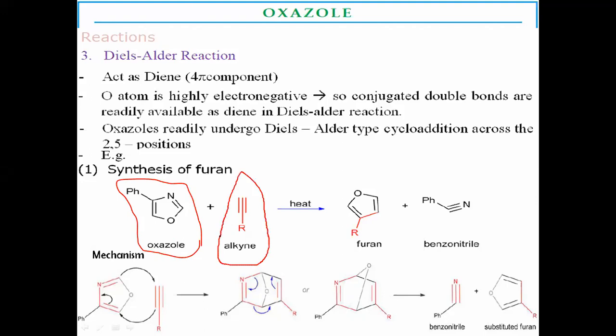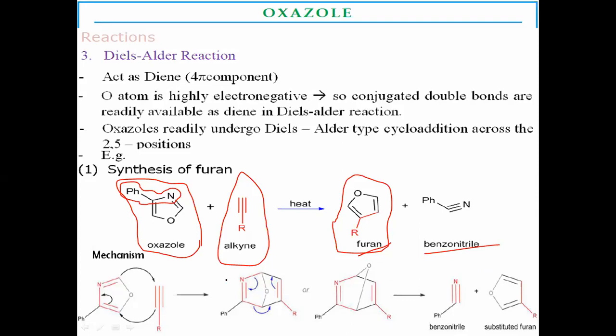Alkyne acts as a dienophile, and oxazole acts as a diene. They are heated, and both components form the substituted furans by liberation of this part from the oxazole, phenyl and this part. This part is replaced with the alkyne part to form the furan as the final product, along with the byproduct,